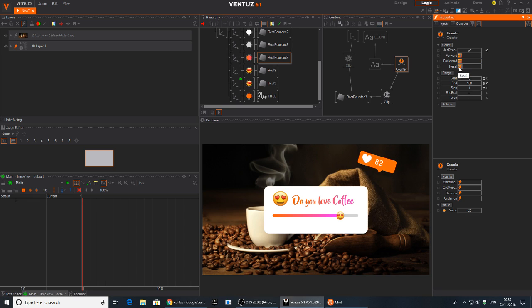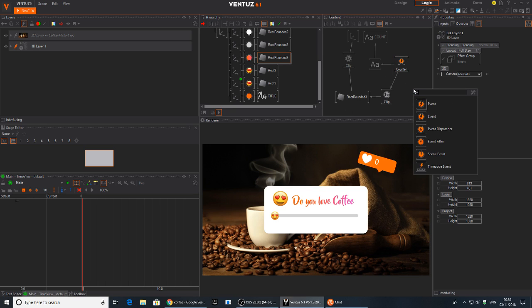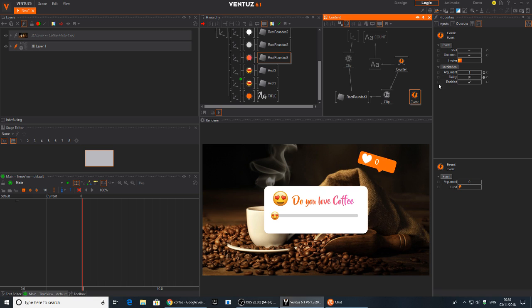Hopefully that's useful. If I reset, oh yeah, and you notice what we can do as well. When I reset, you see how the graphic will just jump. So the value will jump and snap. It just snaps into its position. But say I want this to be much smoother when it resets or jumps. So what I'm going to do for now, I'm just going to add that event back in, set the argument to 100,